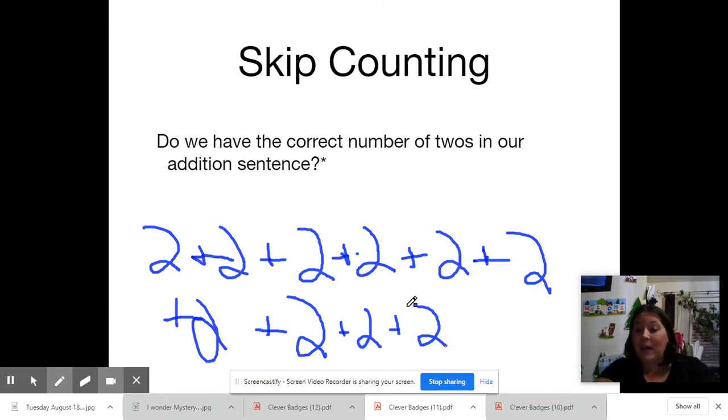So if I counted these just like we counted all together, 2, 4, 6, 8, 10, 12, 14,